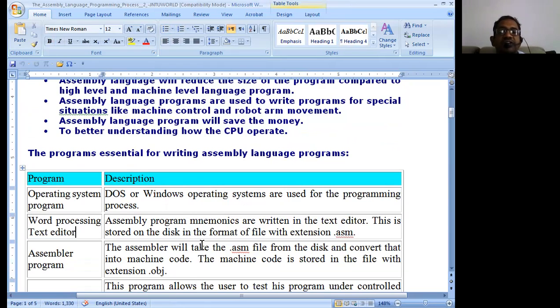Word processing or text editor: you should know what type of editor you are going to use. Usually assembly programs are written in the text editor with an extension of .asm.